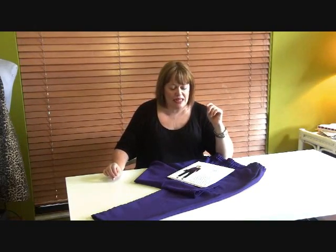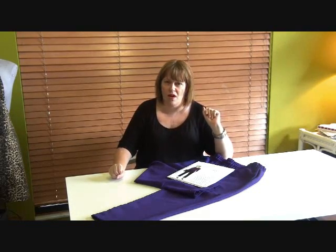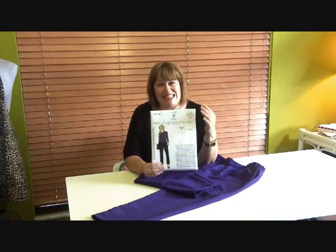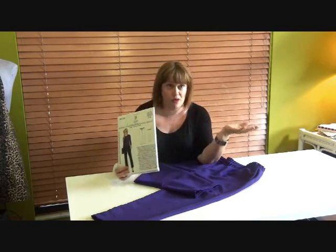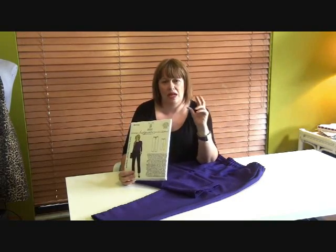Well, hello again, it's Trudy here from HotPatterns with a little look-see, but mainly a tutorial for one of our fabulous patterns. This is the Fast and Fabulous Tailored Trackpants, and it really is exactly what it says on the envelope. It's fast, as in it's very, very quick to make. It's fabulous because it's fabulous, and it has a tailored look to it, even though it's a nice soft track